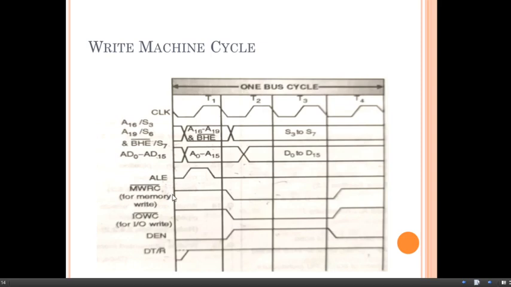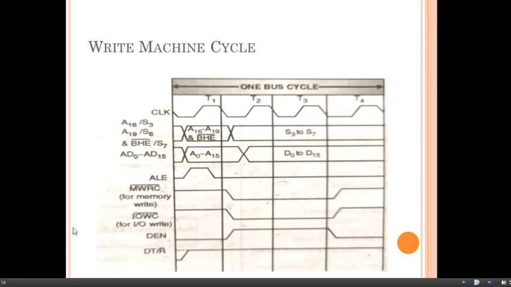Now at about the same time the ALE signal will be made high. This will enable the address latches. Now the 8086 will output the bus high enable and the desired address on these address lines. A16 to A19 address and bus high enable is output by the 8086 on these lines, and similarly in the same clock cycle A0 to A15 address is also made available on these multiplexed address and data lines.